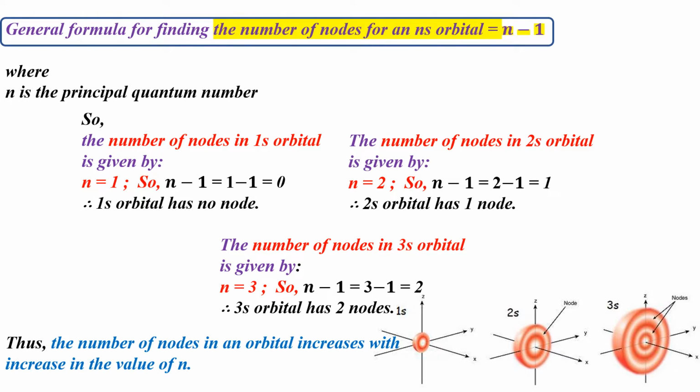Now coming to 3s orbital, the value of n is 3. So 3 minus 1 gives you 2. So therefore 3s orbital has two nodes. Now look at the picture shown in the right bottom corner. The number of nodes in an orbital increases with increase in the value of n, isn't it? When the value of n increases, you can find that the number of nodes also increases, as displayed in the